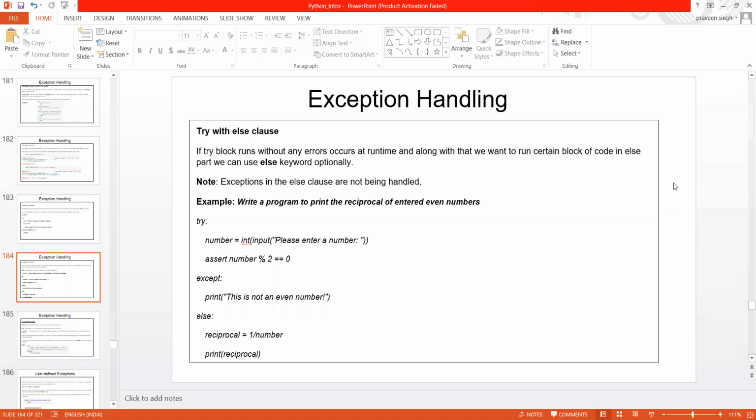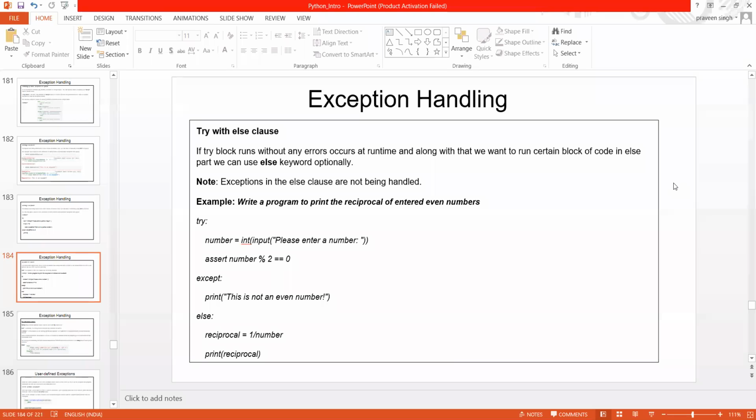Okay, now here I have clearly mentioned: write a program to print the reciprocal of an entered even number. So what I'm asking you is to write a program to print the reciprocal of an entered even number.